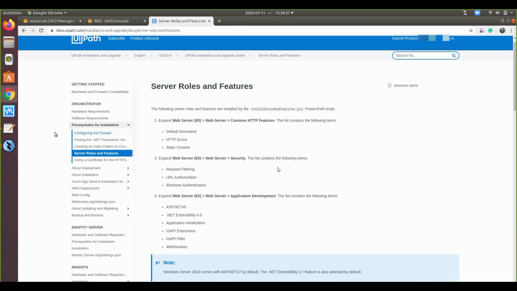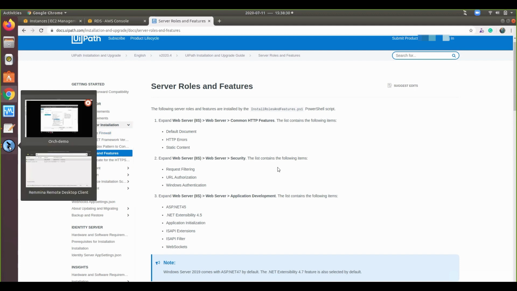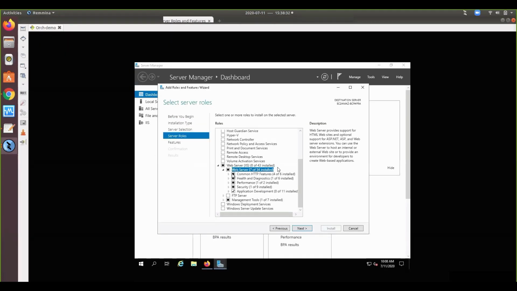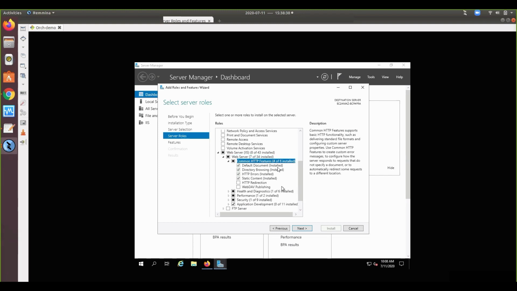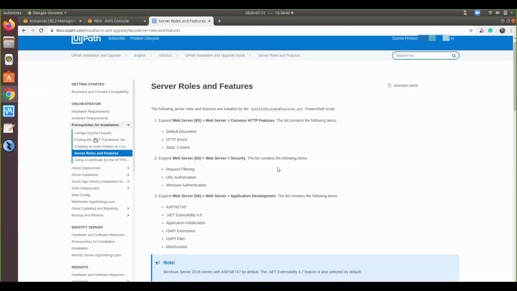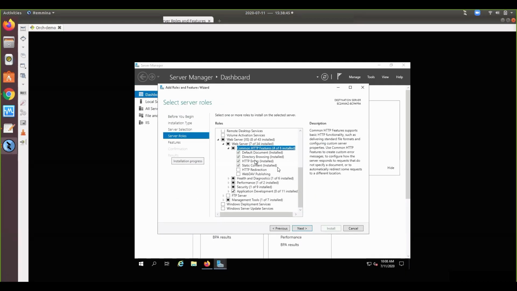Default document, HTTP errors, and static content are the first prerequisites. Okay, we are good with this.